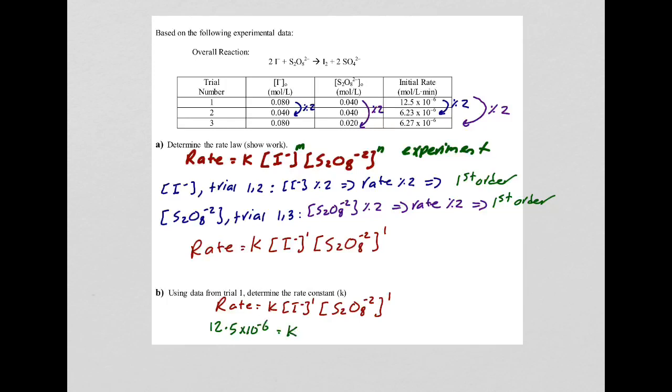I'm trying to figure out K. I minus concentration is 0.080 to the power of 1. S2O8 minus 2 concentration is, look over here, 0.040 to the power of 1. Again, all you have to do is go to that trial and plug in the numbers. That's all you gotta do. So if I do that, what I'm going to solve for K, what my K is going to be